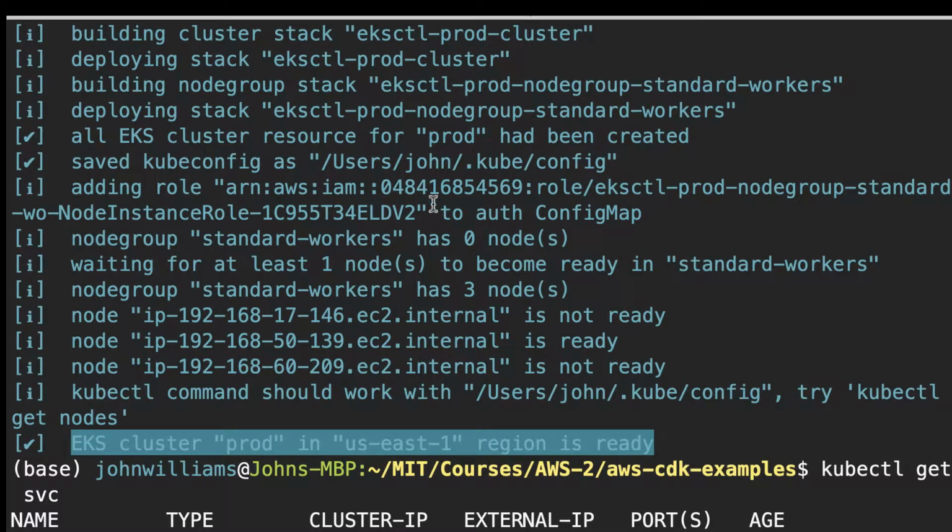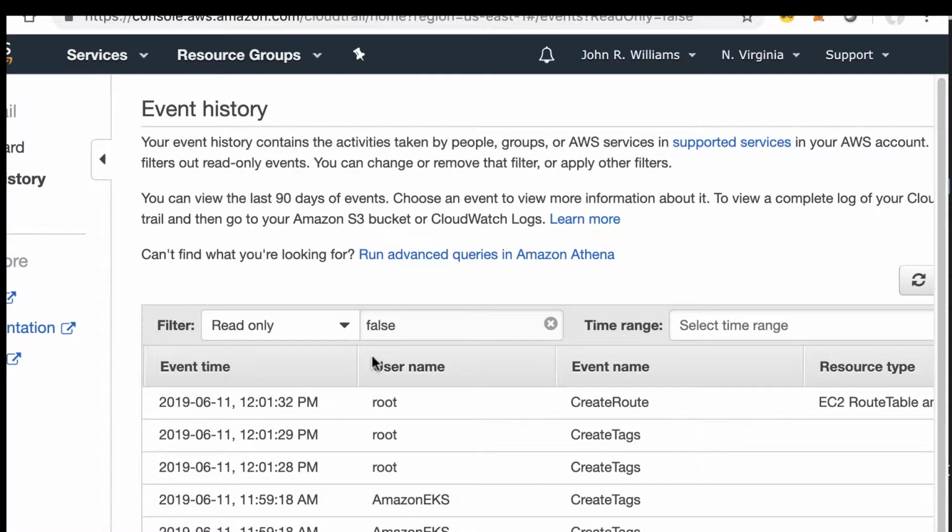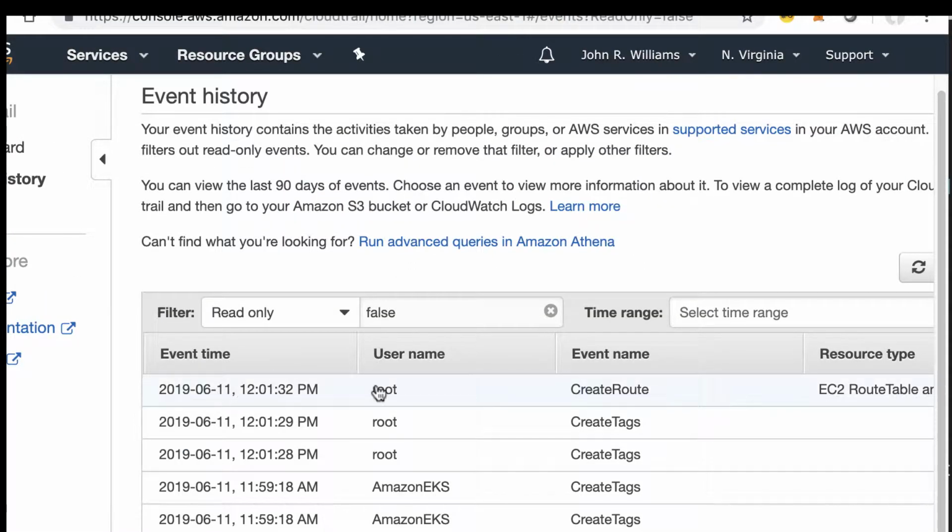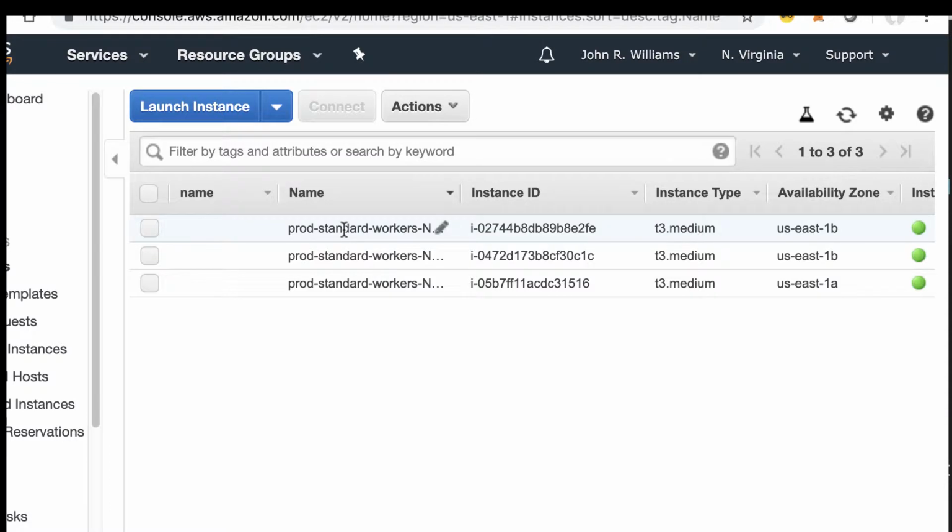Now we can then look at the cluster. There's various things we can use. We can use a CloudTrail Manager to look at the various things that are created. We can look at the instances, and here these are the workers, the 3 workers, etc. And we can